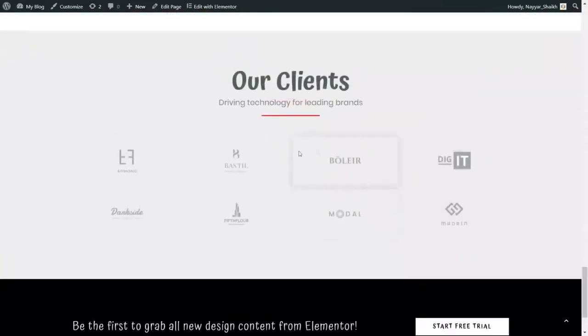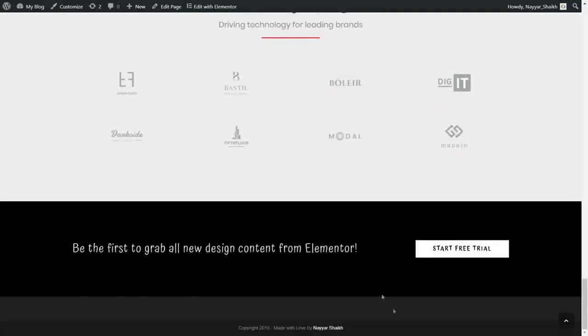Okay, then after that we have the client section. When you hover this, you can see the beautiful animation. We have this divider which is used throughout the website, and in the footer we again have a call to action. Okay, we have some text over here. For example, if your website is related to something different, you can change the text and you can change the